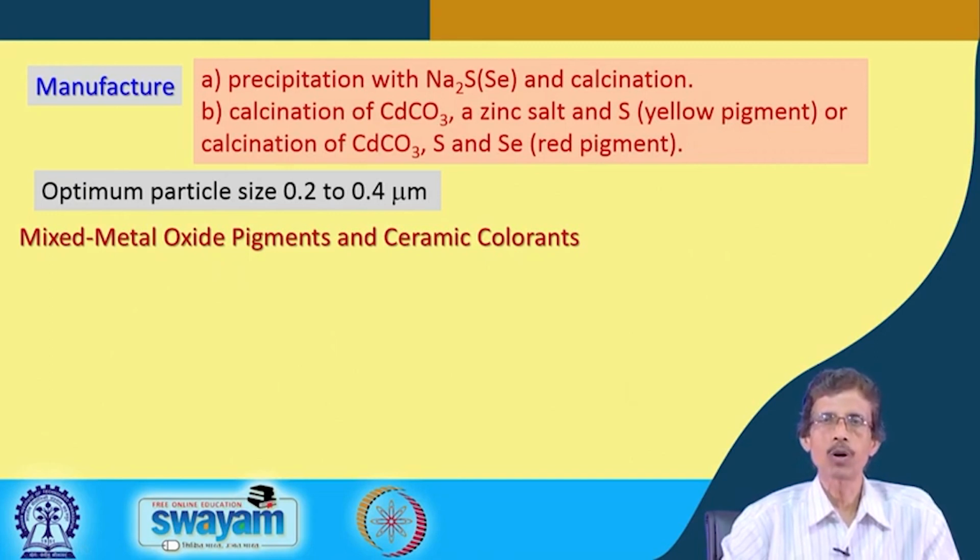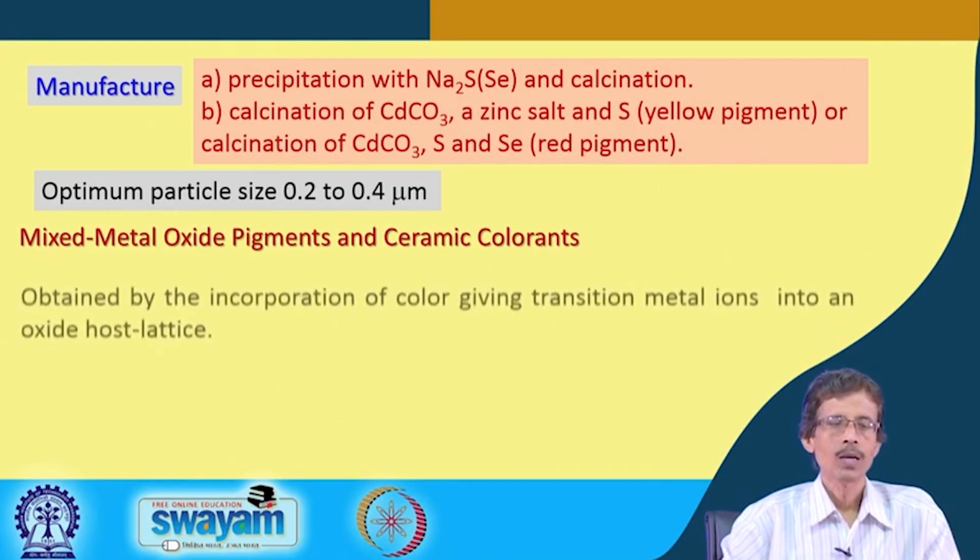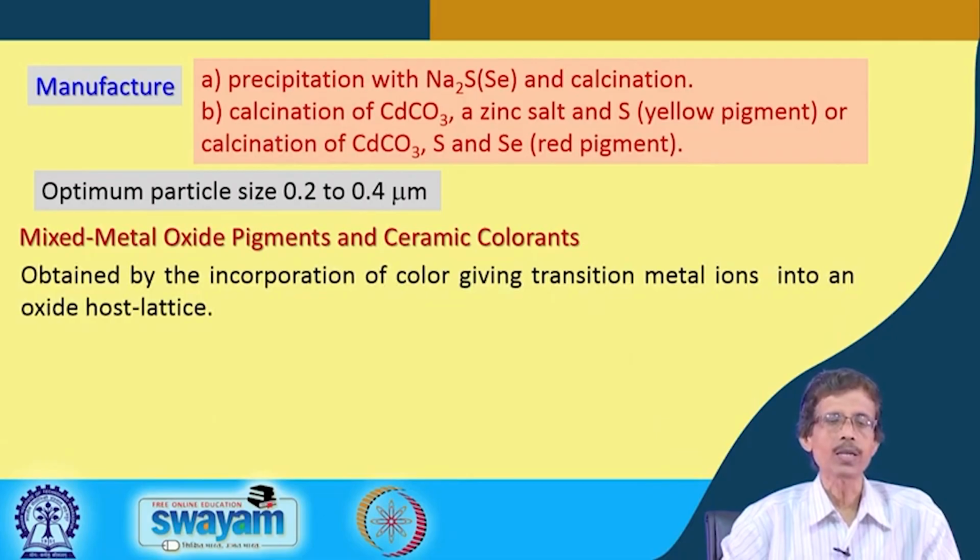spinels, because we all know that spinels are mixed oxides. So, if they are colored, we can use them for high temperature resistance, because the thermal stability of spinels is much more compared to the individual oxides. So, you incorporate the color-giving transition metal ions, all of which are colored as we know, into the oxide host lattice, because if you have a host lattice which is colorless, like aluminum oxide or magnesium oxide, and within that you incorporate the corresponding transition metal ion oxides, you get the beautiful coloration,